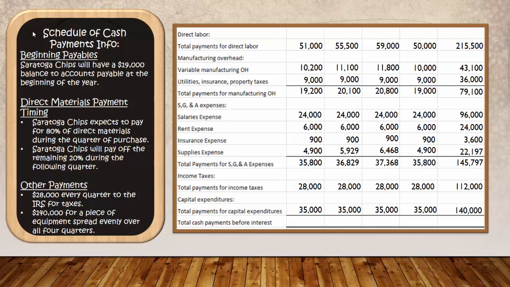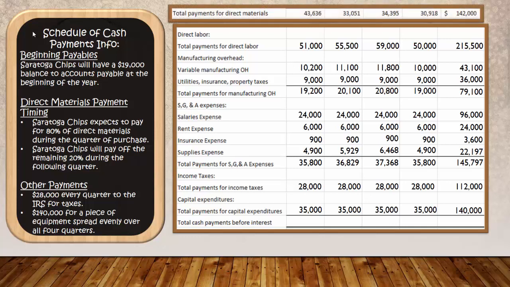To figure out your total cash payment before interest, what you need to do is sum up every row that starts with the word total. So we're going to take our total payments for direct materials. We're going to add to that our total payments for direct labor, our total payments for manufacturing overhead, our total payments for SG&A expenses, our total payments for income taxes, and our total payments for capital expenditures. And in total, in the first quarter, when we take our